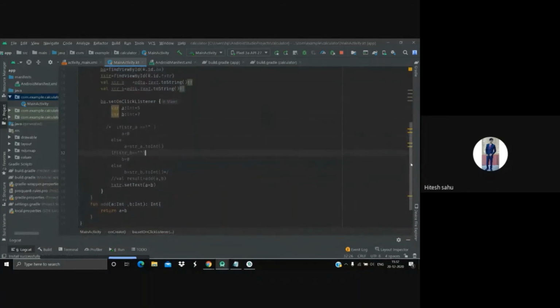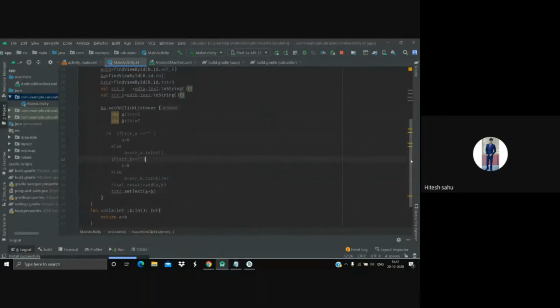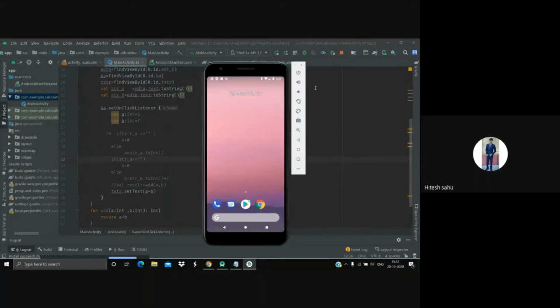Okay, so we can just explain it manually. No worries, you can just open the emulator on your side. Okay, so there is some issue with this emulator.